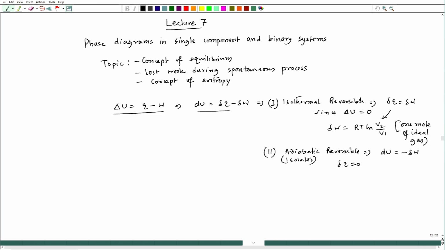That is what we have seen, and in fact when we talk about the internal energy change as well as work and heat,